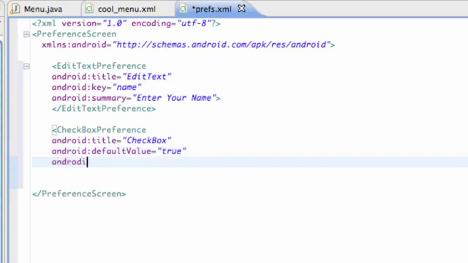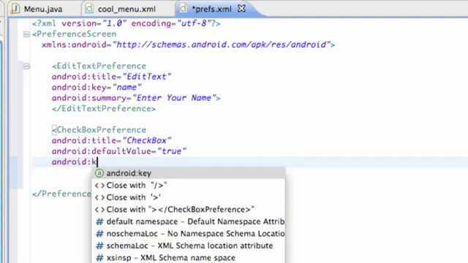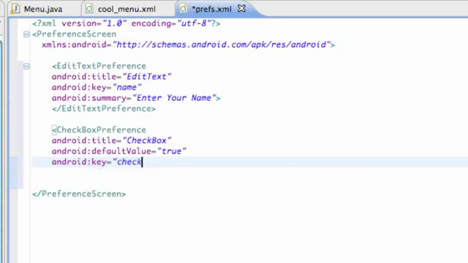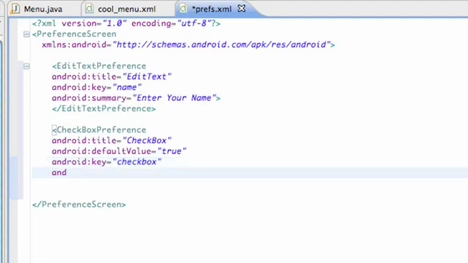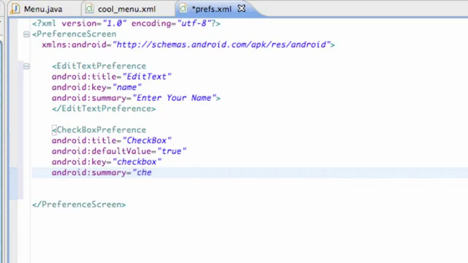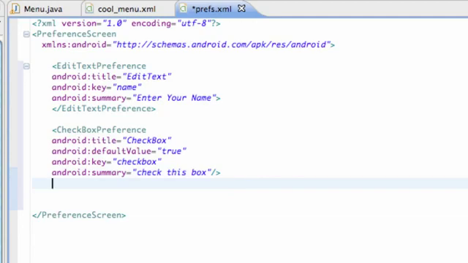and also we're going to add a key reference. So again, it can save it, and we're going to call this key reference checkbox. This isn't really gonna do much, but we're just setting it up for the most part. And again, Android summary equals check this box for the most part. Nothing spectacular. And then we're just going to finish it by slash, less than sign,